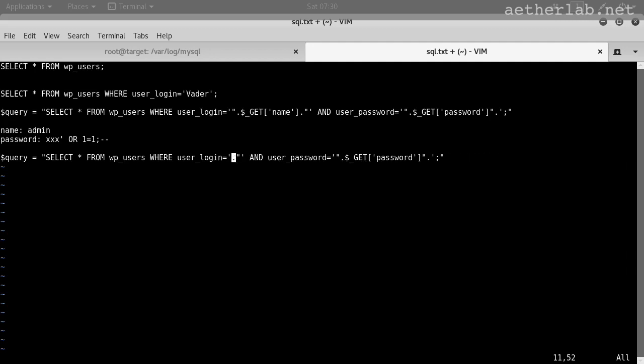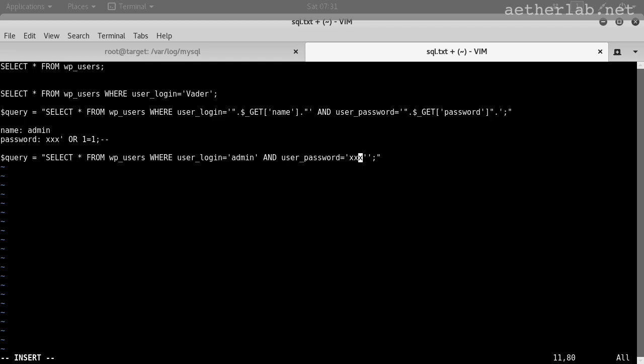So we said that the username was admin and the password was xxx and then apostrophe, and this is where the injection really happens, because we are stepping outside of the